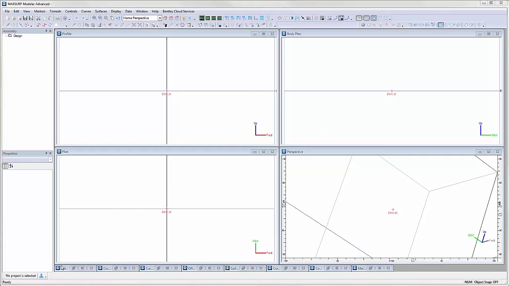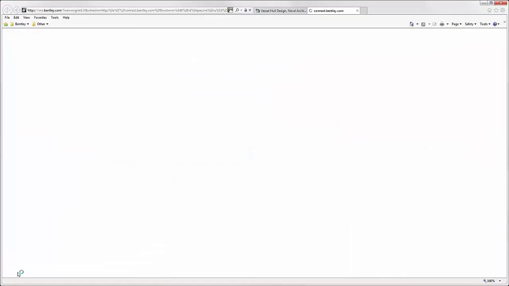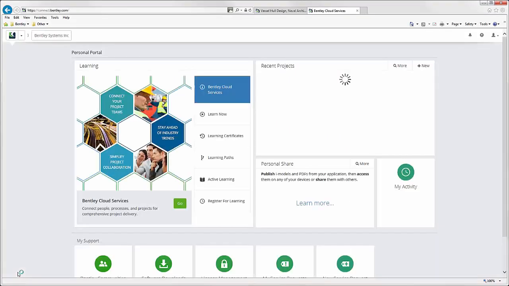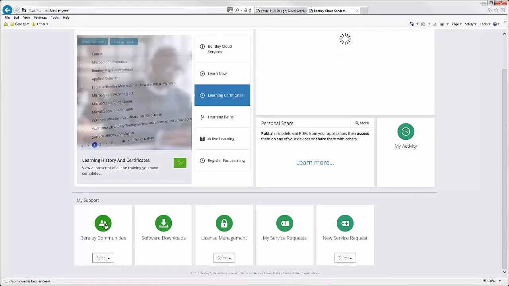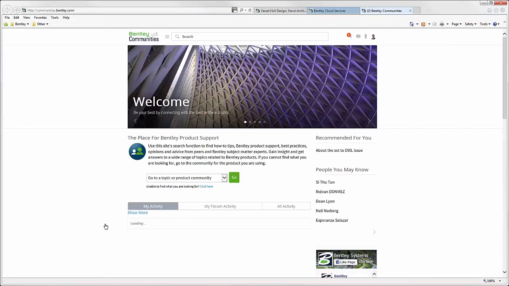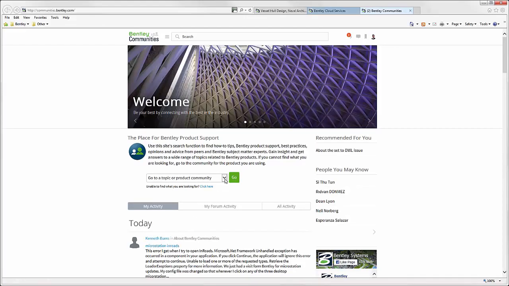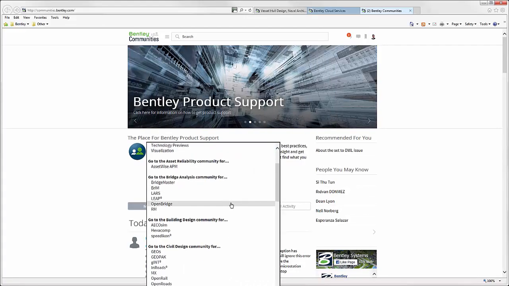So if I've got a Bentley ID and I'm logged in through the connection client, I can go to my personal portal, and this will give me access to quite a few other resources. So first of all, we have access to Bentley Communities. If I click on that, that will give me access to the Bentley Communities website, which contains a wide variety of information. So if I choose the MaxSurf Offshore one here,